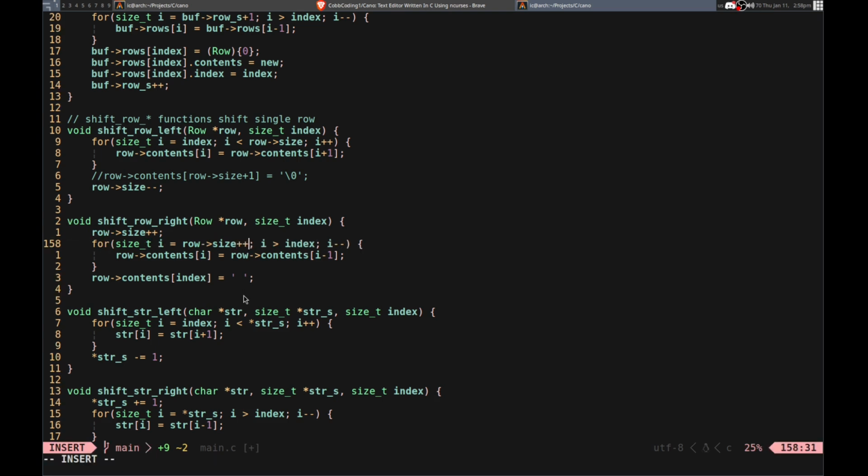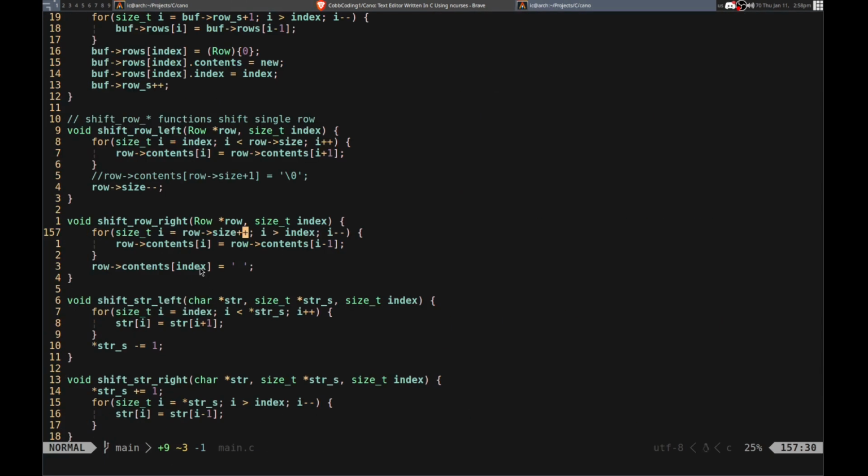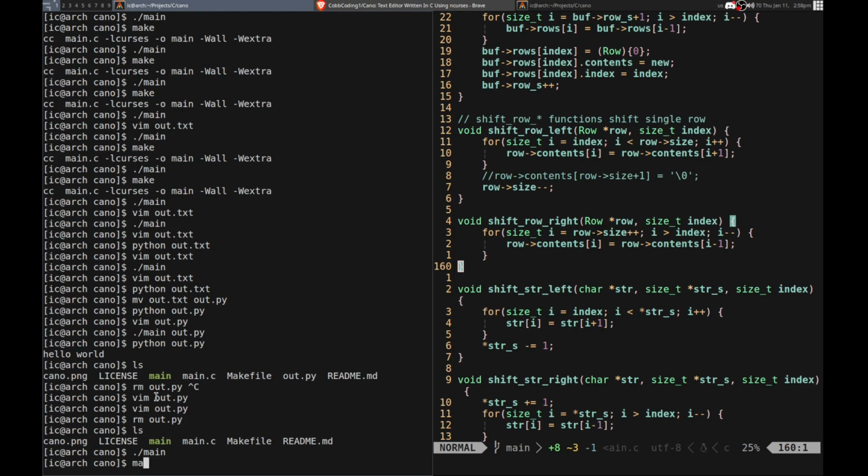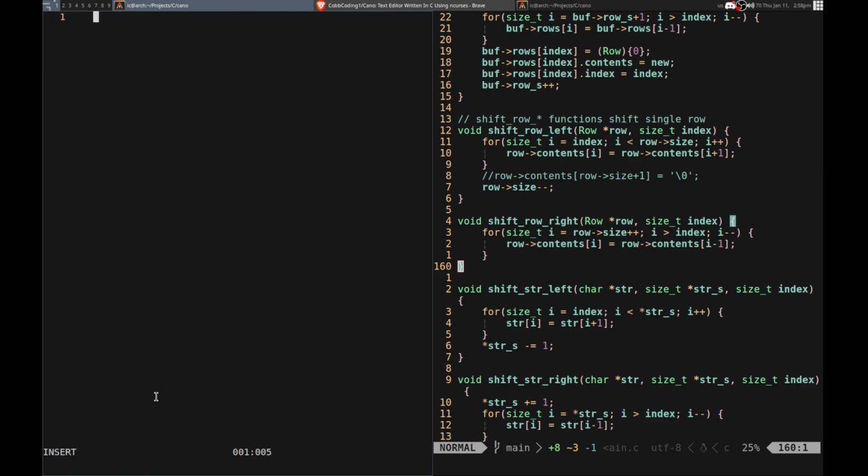So what if we do this after? You know what I'm saying? What does that look like? And don't do this. I think then we might go out of bounds. So